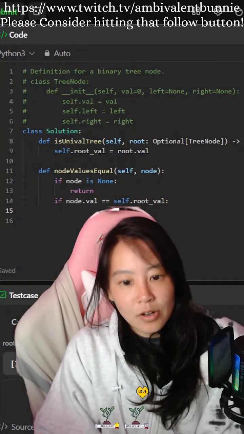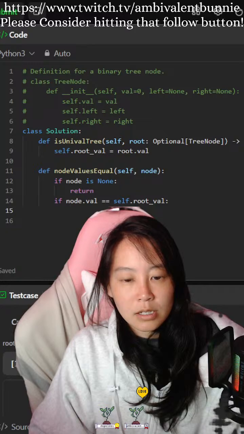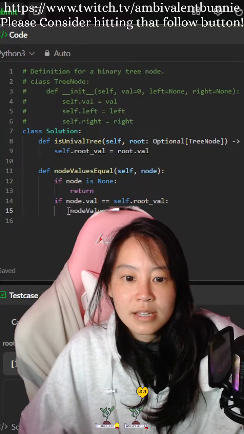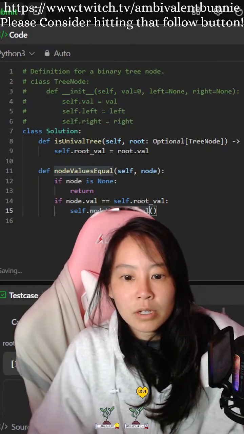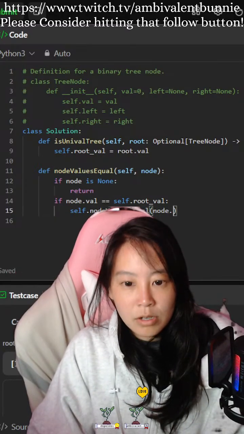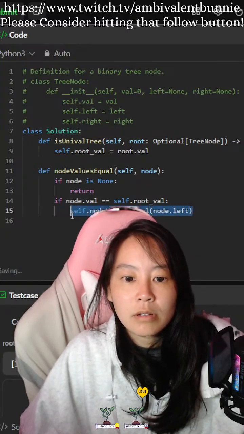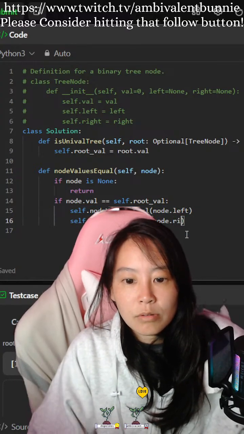Okay, so we're going to do node values equal, self.node values equal. We're gonna do node left, node right.